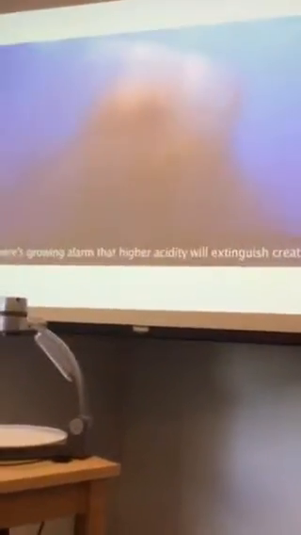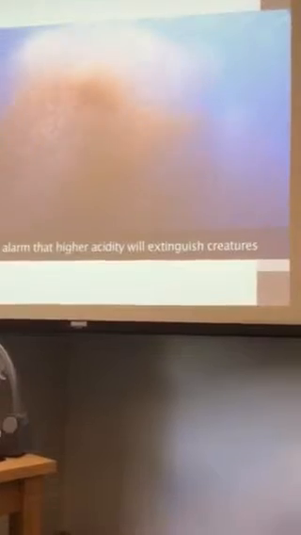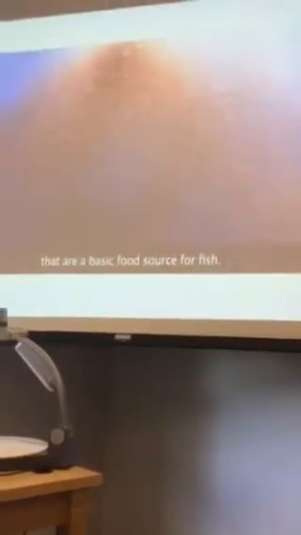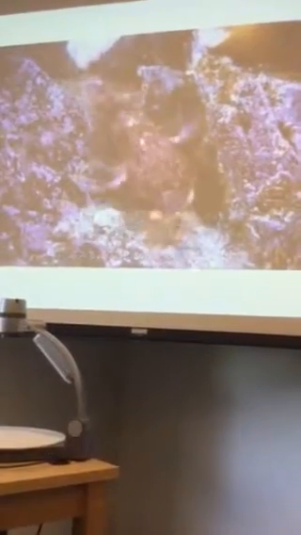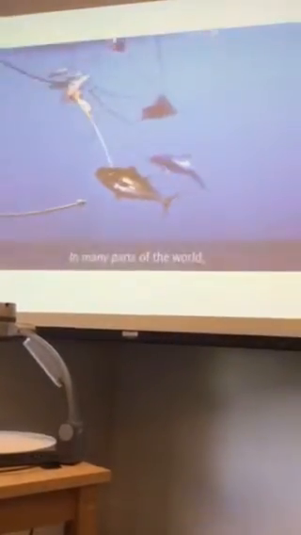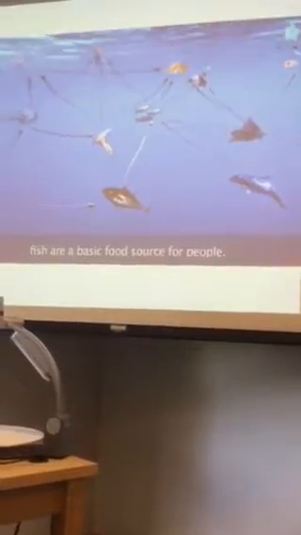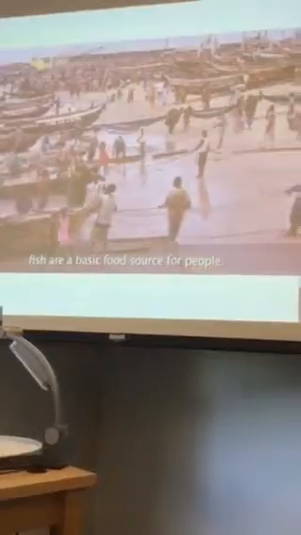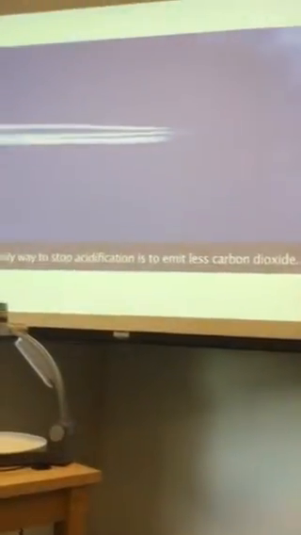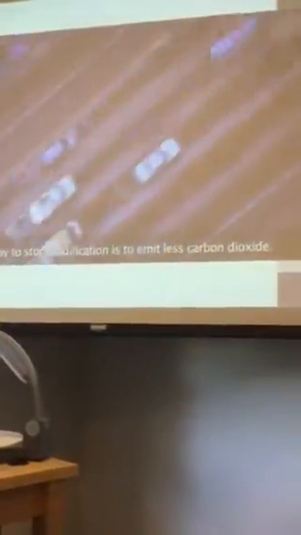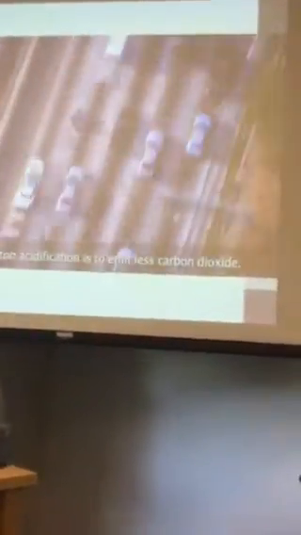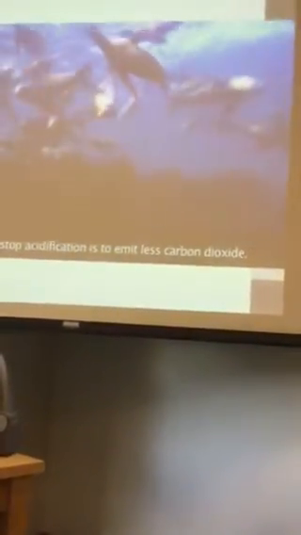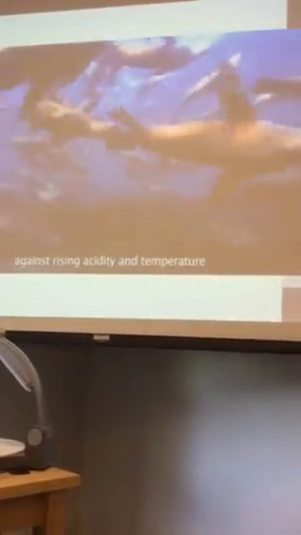There's growing alarm that higher acidity will extinguish creatures that are a basic food source for fish. In many parts of the world, fish are a basic food source for people. The only way to stop acidification is to emit less carbon dioxide. But the ocean can better defend itself against rising acidity and temperature if its systems